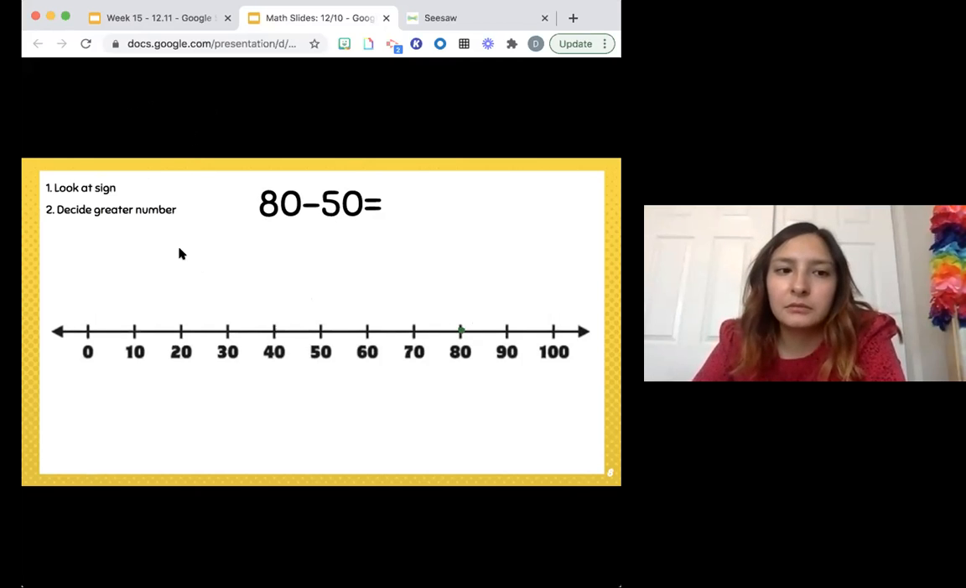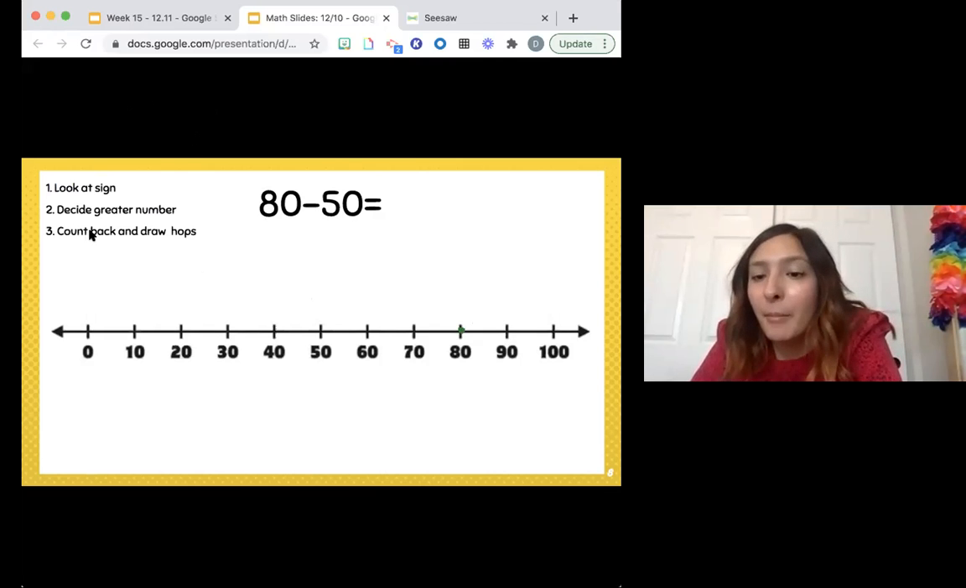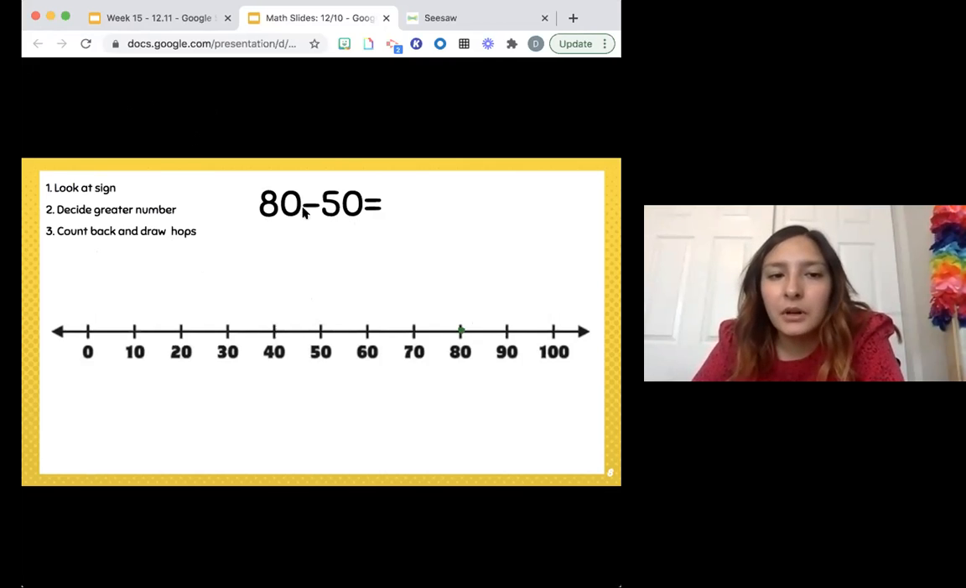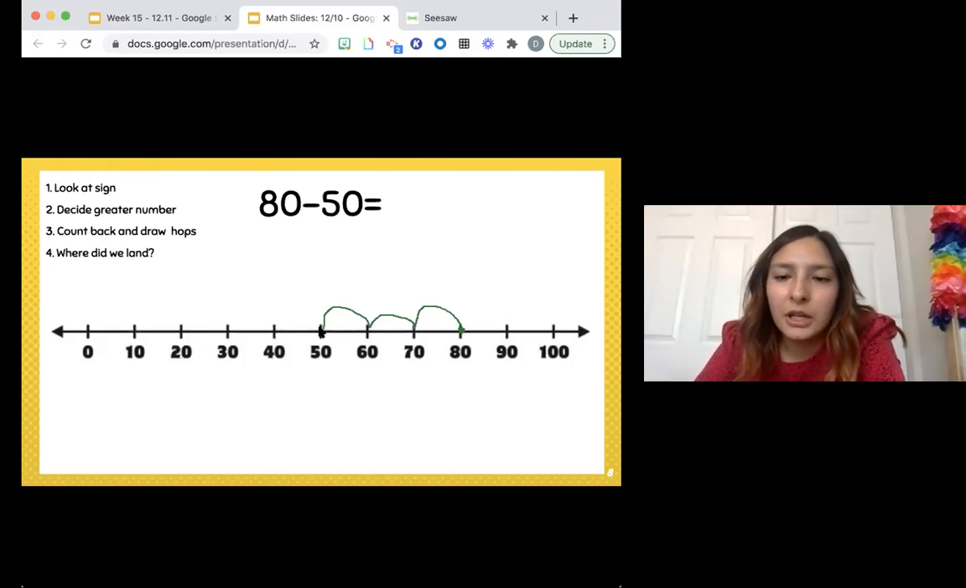Third, I want to count back and draw my hops. I know that I'm going to be counting back 50, and counting back 50 is counting back 5 groups of 10. I'm going to start on 80, and I'm going to count back. Counting back 5 groups of 10: 10, 20, 30, 40, 50,